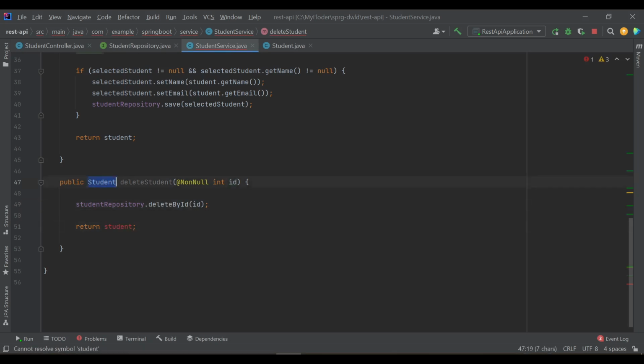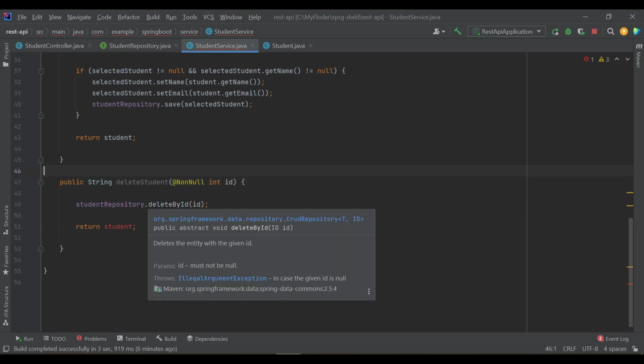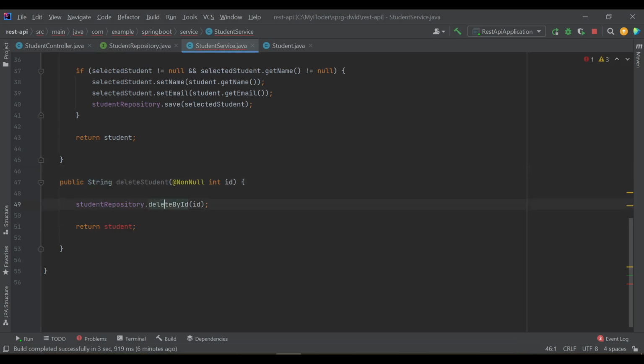And it will return string, because this method doesn't return anything. If you see, it returns void. So we'll return student deleted.